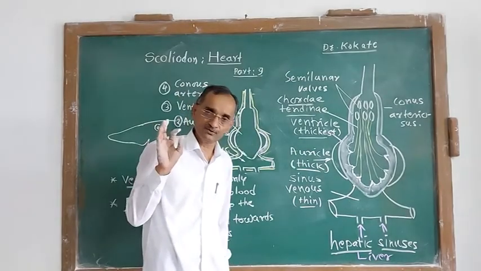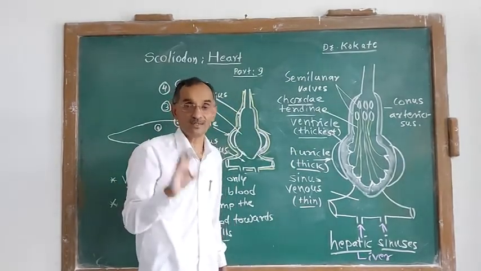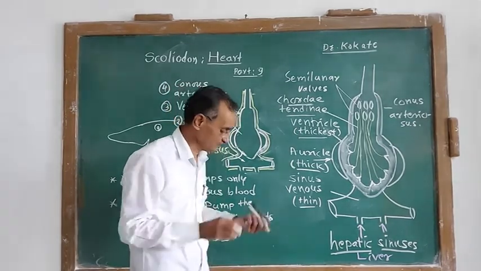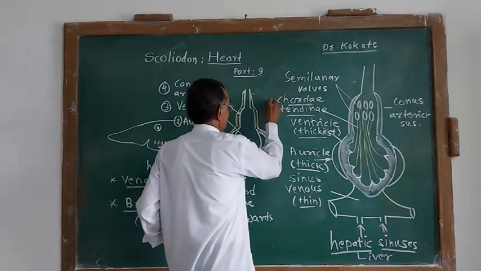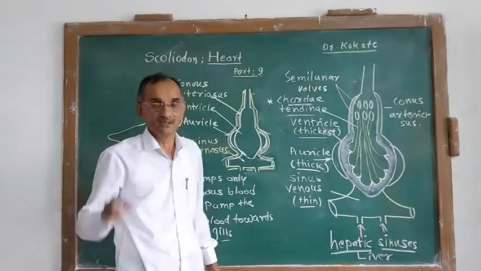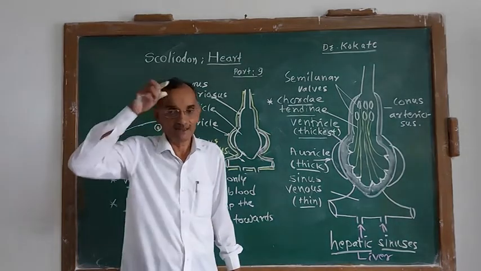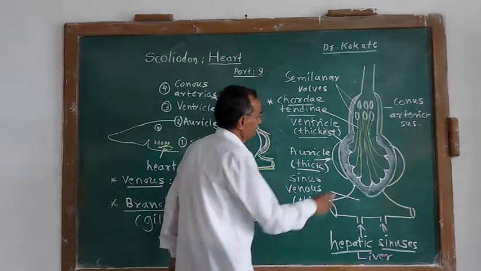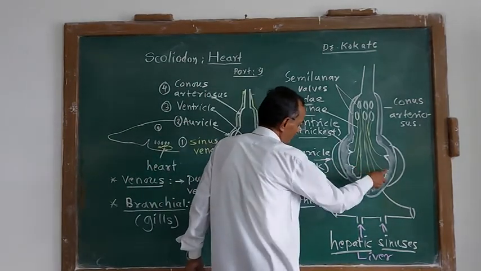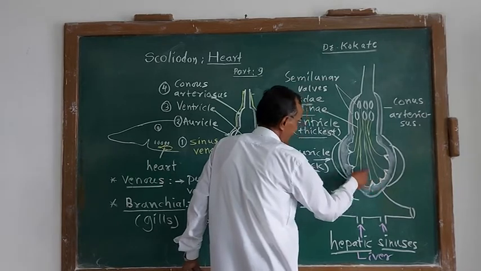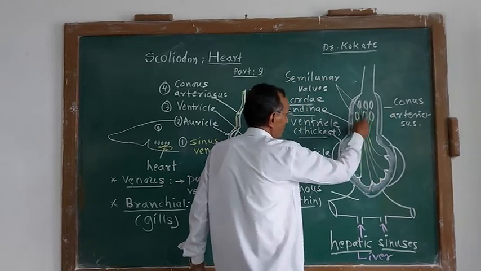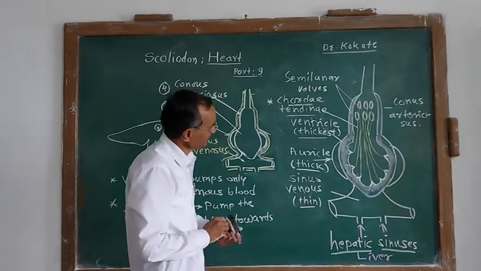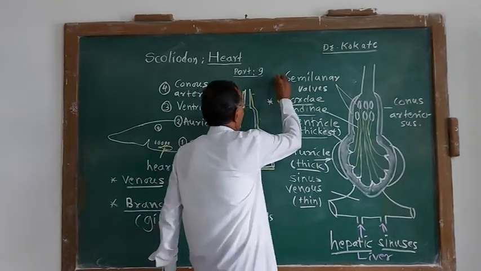Chordae tendineae are present only in the chordate heart, so they are called chordae tendineae, tendons present in the chordate heart. Remember this. In examination they ask, what do you mean by chordae tendineae? They are muscular ligaments which can contract and relax, arising from the ridges of the ventricle and provided to the semilunar valves in the conus arteriosus chamber.